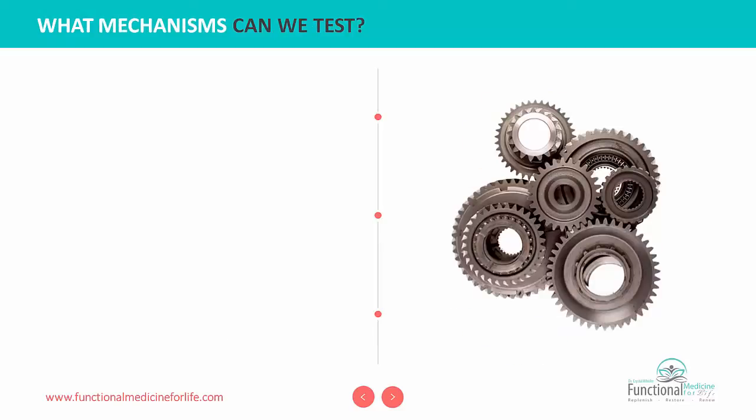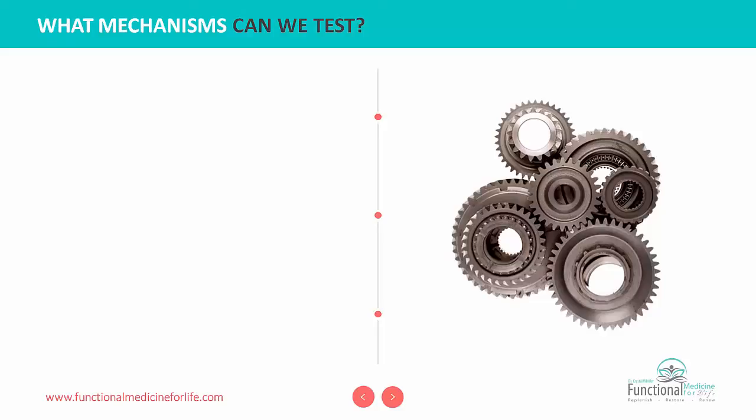What mechanisms can we test is another question that comes up quite often. You first have to understand that our body systems work like gears. When one gear turns, all of them are impacted in some way. So it's important to look at your body as a network of systems, not just individual parts. Our traditional medical model may do this at times because it's so fragmented in its very nature. That is good when you have a specialty disease, but most people today are suffering from chronic illnesses,